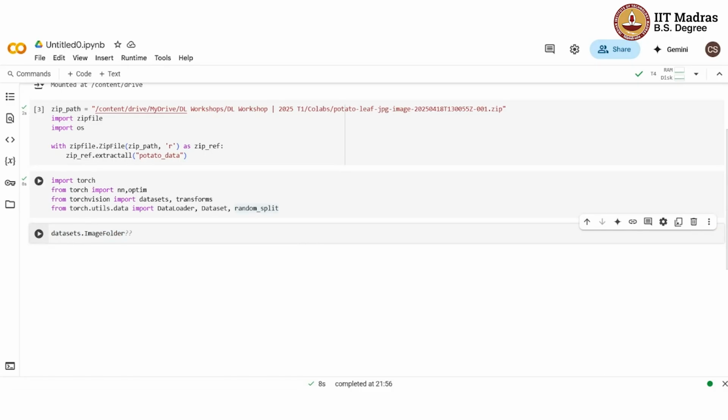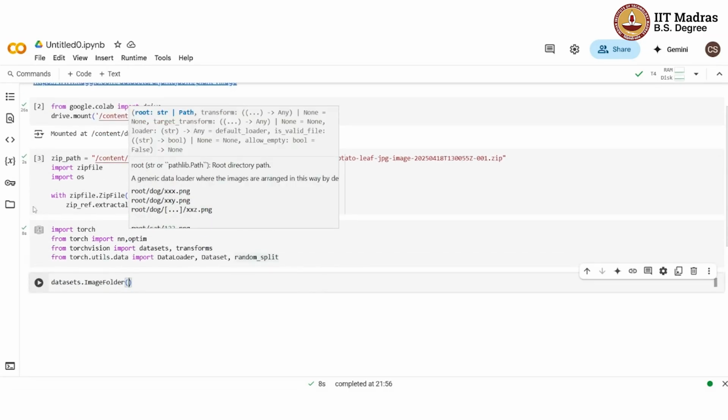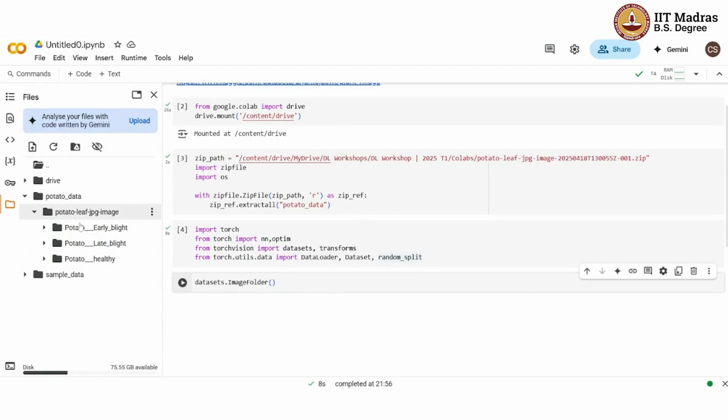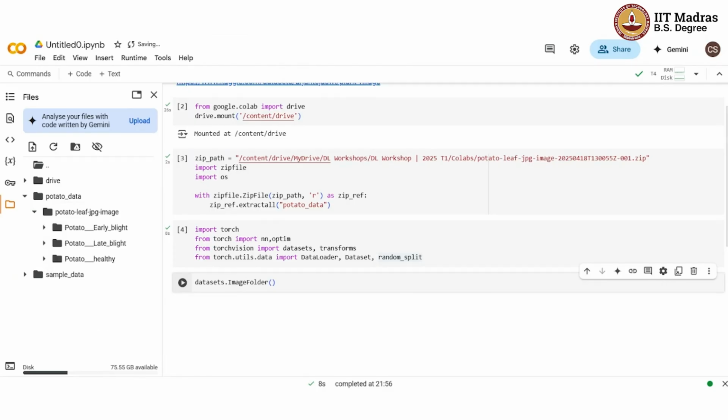Yeah, image folder. Okay. And then in this you have to give the path, right? So the path I'm going to give is this one, which has 3 more folders. Okay, so this path I have to give. I can say it as something like directory or something where it is. So I'll give the directory to it,